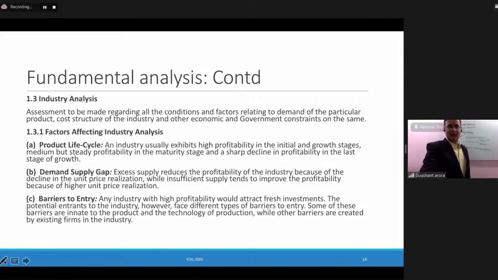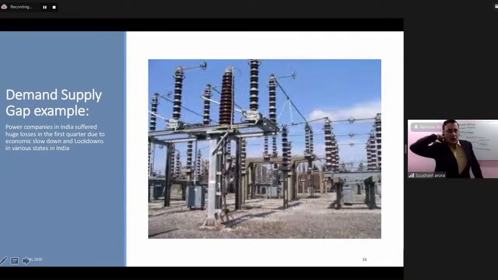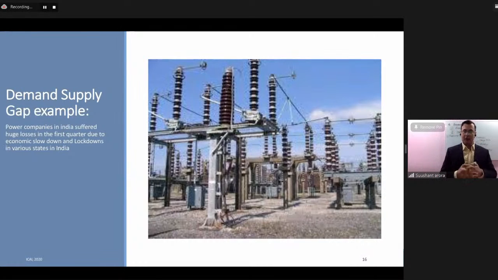Second is basically the demand supply gap. Excess supply reduces the profitability because of the decline in the price realization and vice versa. So if you see the figure on the right hand side, what is this? It's a power plant. Before lockdown, there was an immense power utilization, power consumption. Where do we consume those powers? We consume this electricity,